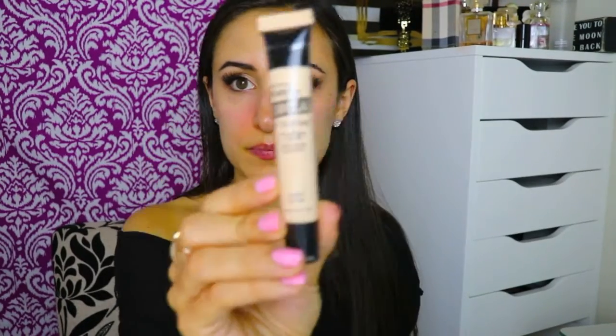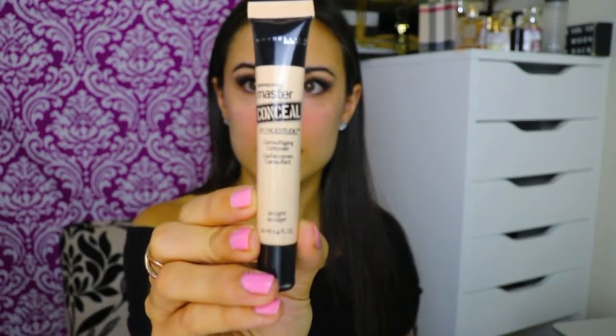light to hit. And then I'm going to go in with Maybelline Master Conceal Concealer, and I am in the shade 20 Light. I'm just going to pat this underneath my eyes where my bags are and then press it into my skin with a damp beauty blender. I prefer using a damp beauty blender much more than a brush because like I said, I am dry skinned, so I feel like the moisture of the beauty blender pushed into my skin just helps more with my foundation